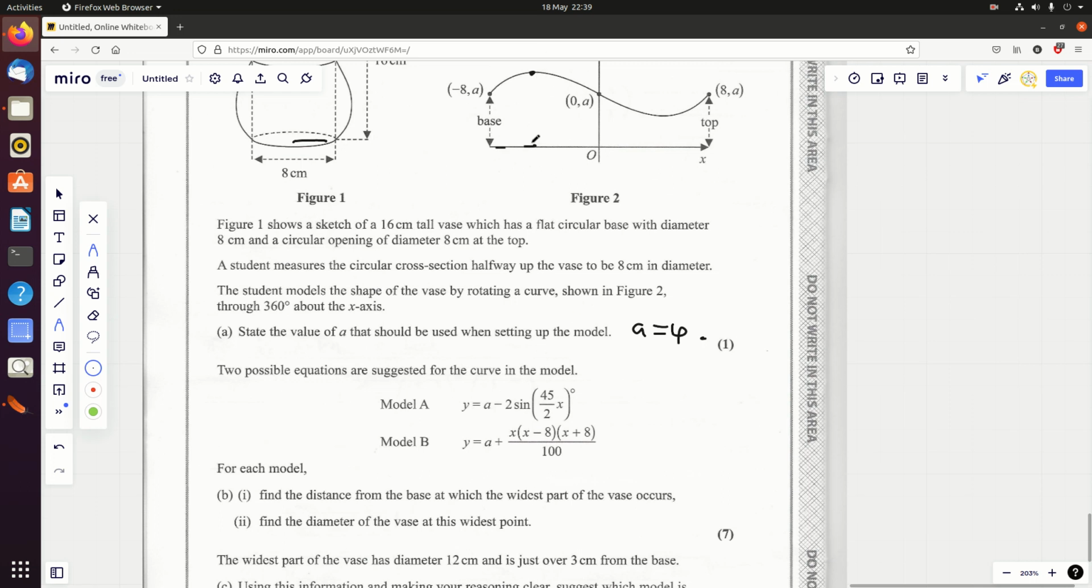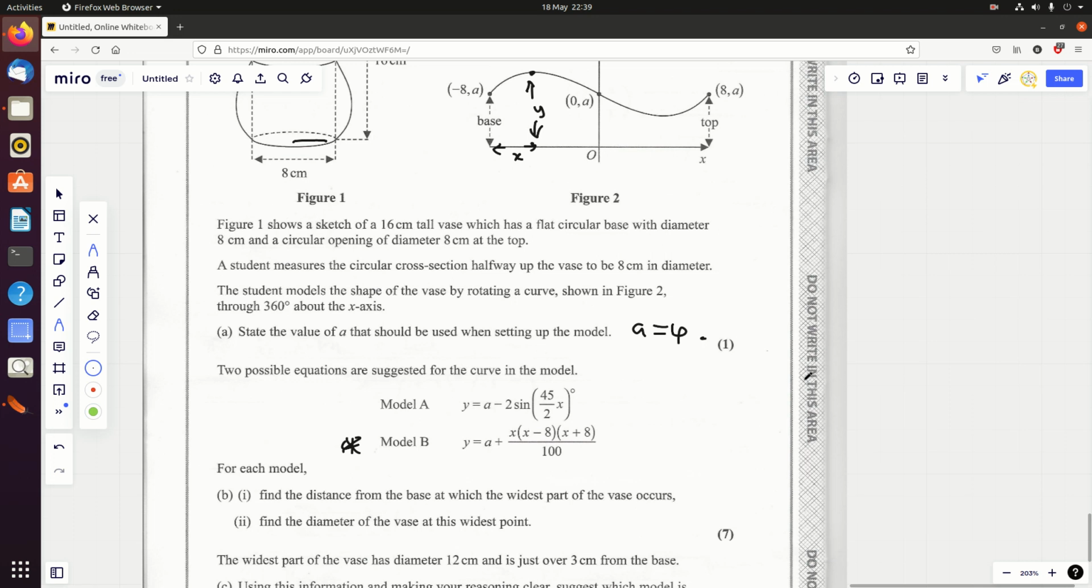So this, we're going to work out that distance there from the base, and we're going to work out the diameter, in other words the height. In other words, we're going to work out x and y here at that maximum. So I can understand why you were thinking differentiation. Yeah, and I differentiated in model B. I definitely did. Once again, it's not particularly straightforward, but